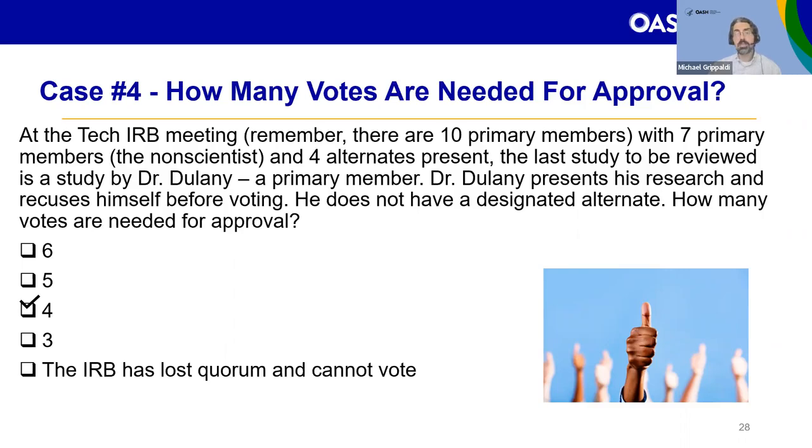So the next step, once we've established that we do have quorum and that we have 6 members, is to come up with the majority of those 6 voting members. So applying our formula, 6 divided by 2 equals 3, plus 1 equals 4. And so 4 is the majority. We must have 4 members voting for approval in order for Dr. Delaney's research to be approved. And just a quick reminder, the minutes should reflect that Dr. Delaney recused himself on a specific action, and it should mention that he has a conflict of interest.